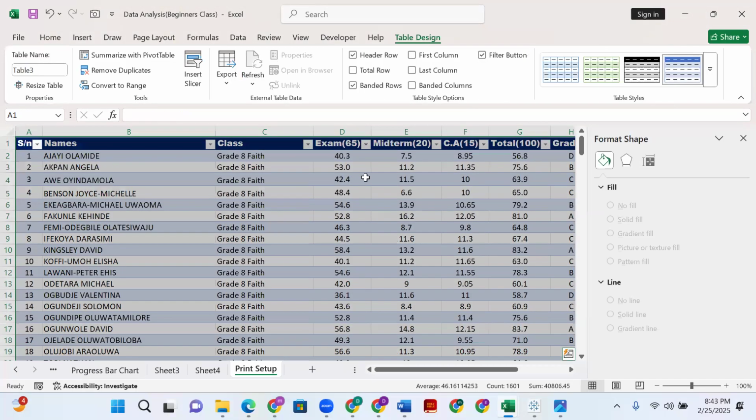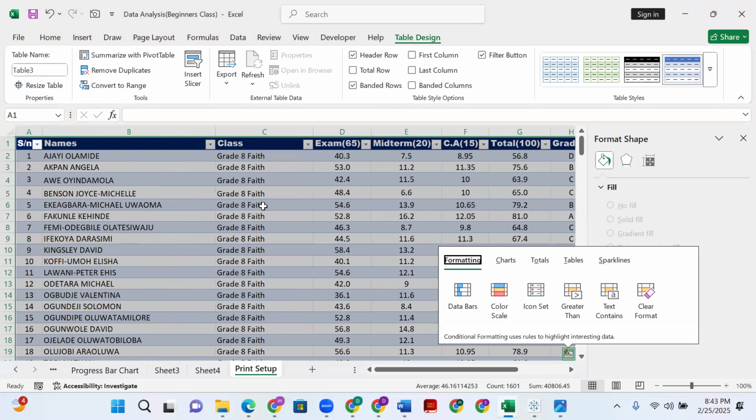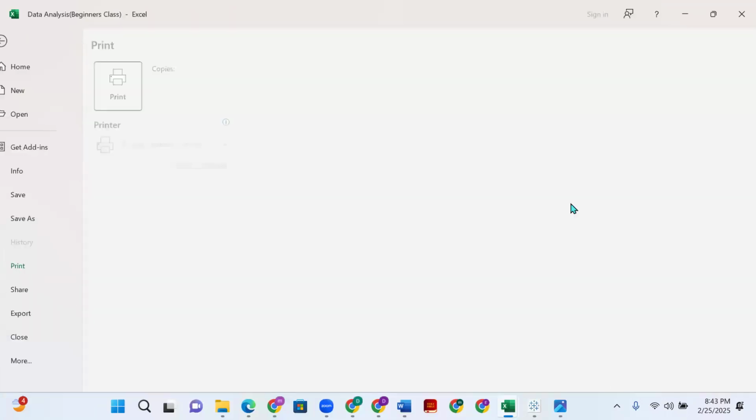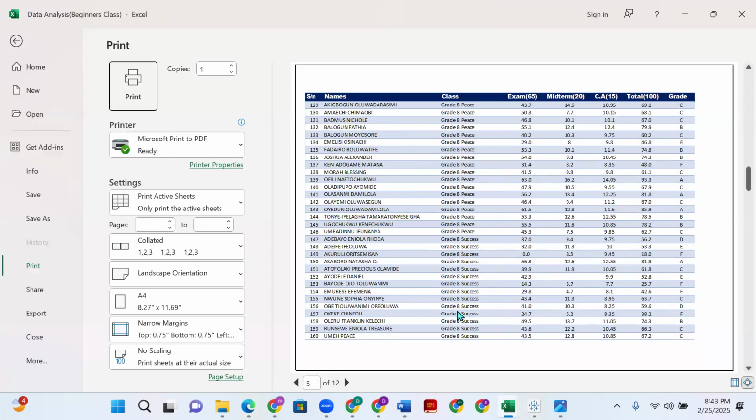It has heading and the likes. After you do your Control T, you Control P. Control P is print. You see, it brought all the data,